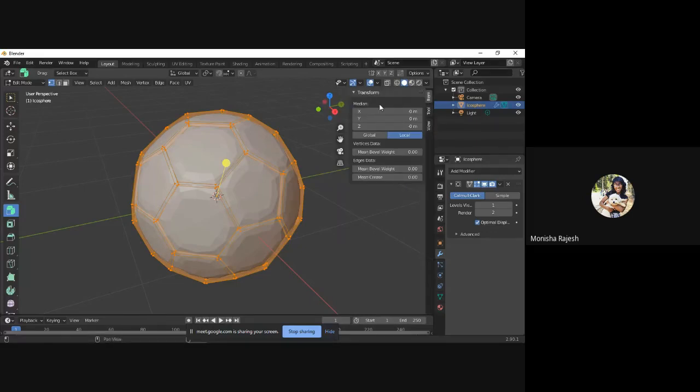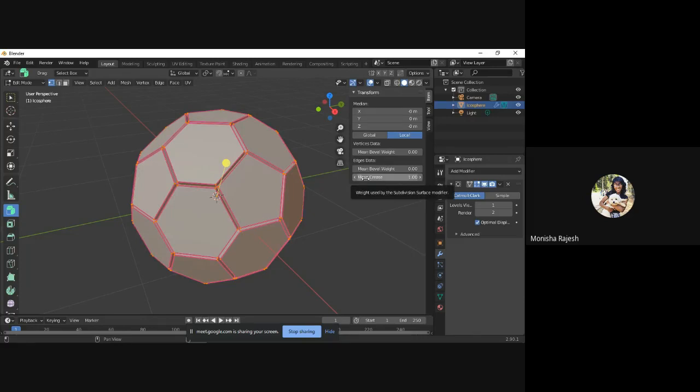Just to recap, you press tab. When you press tab, it will bring up the edit menu. Press A to select everything in this object, and then press N to bring up this menu. Okay. Now you are going to increase your mean crease. Your mean crease is your last option right at the bottom. Now you'll increase that all the way to 1 first. Ideally you'll need that value to be somewhere between 0.7 to 1. So you can set it anywhere in between. That's up to you. Right now I'm going to set it to somewhere around 0.85, right? And I'm going to leave it like that.